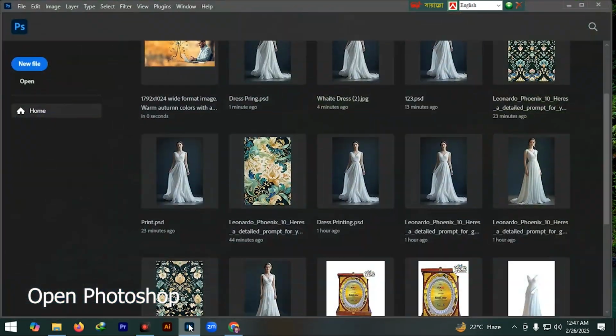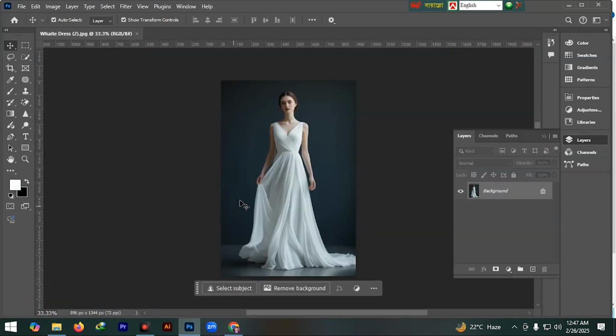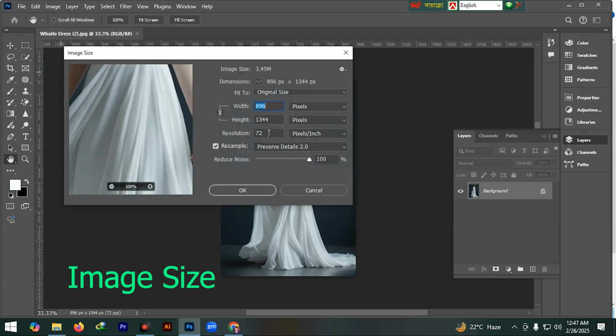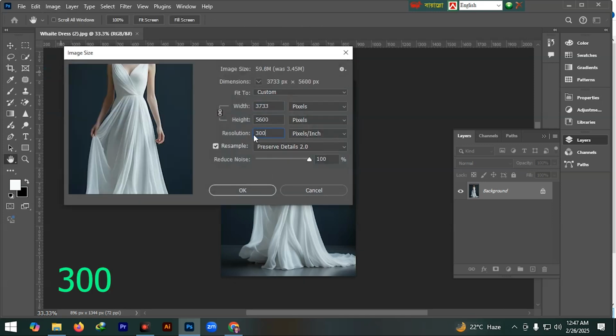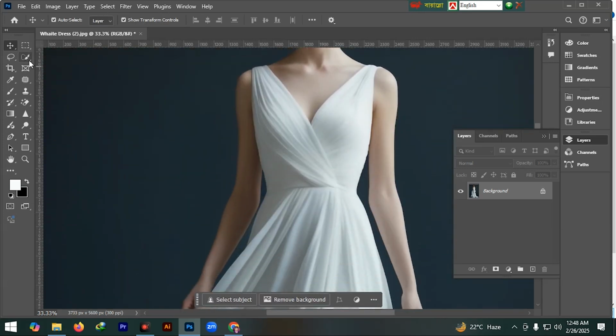Open Photoshop, open the picture. Go to the Image menu, Image Size, set it to 300, then press OK. Go to the Quick Selection tool,